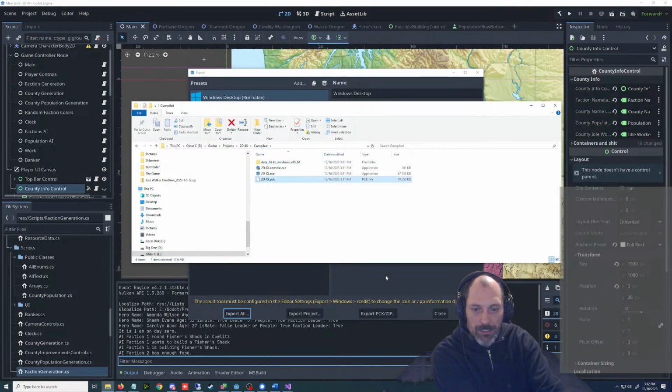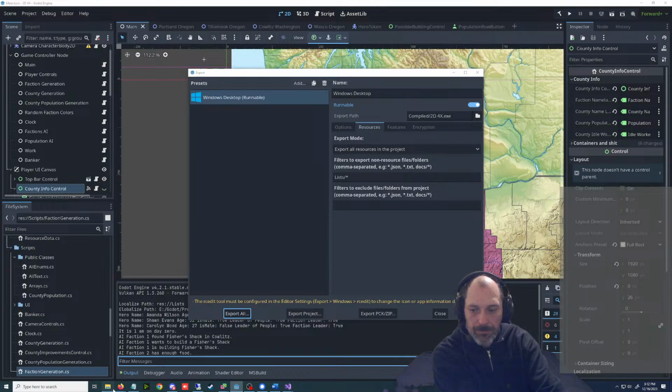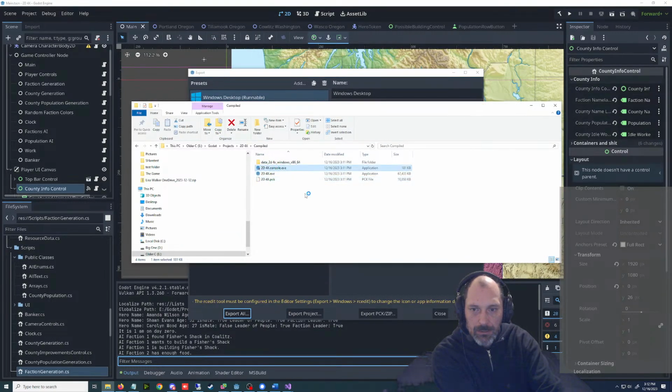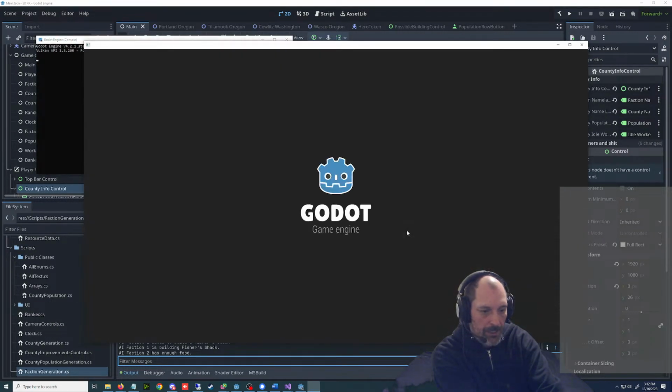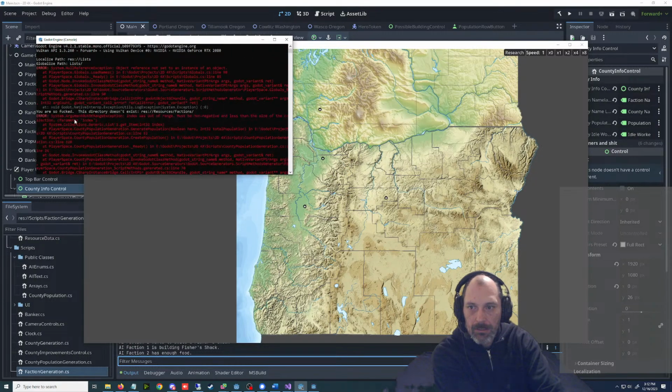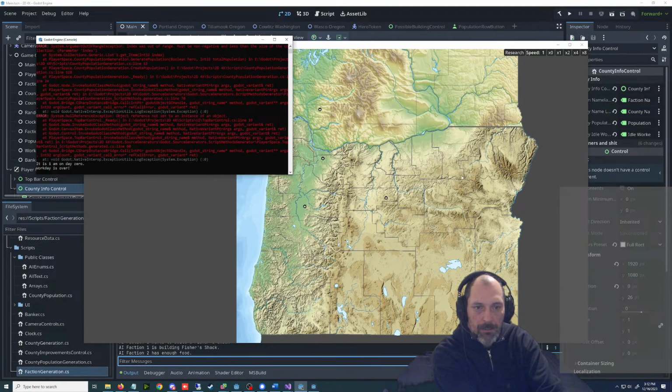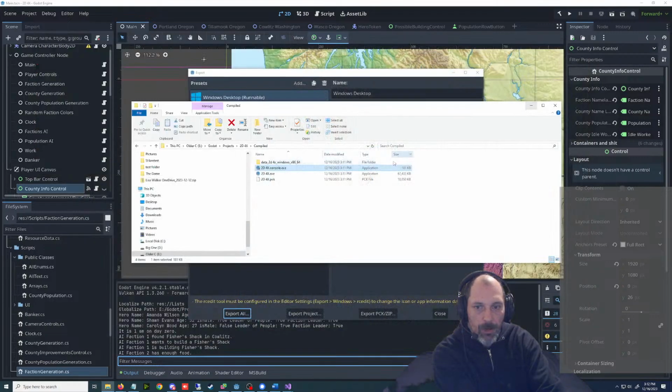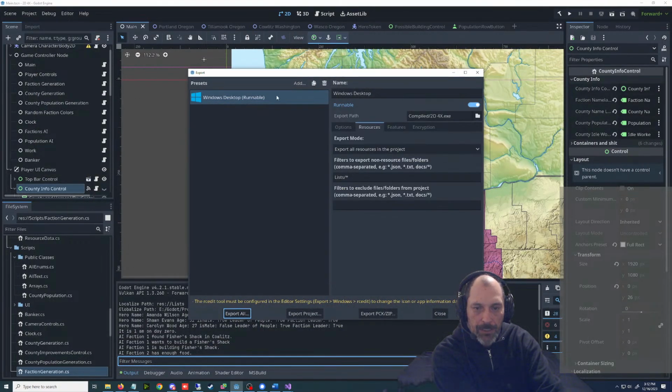I must go maybe into this pack file. I didn't look at what time this one was. No. Well, I'll probably mess with this offline a little bit. I feel like I'm on the right path here. Filter to export non-resource files folders.